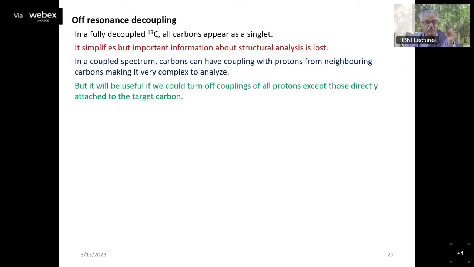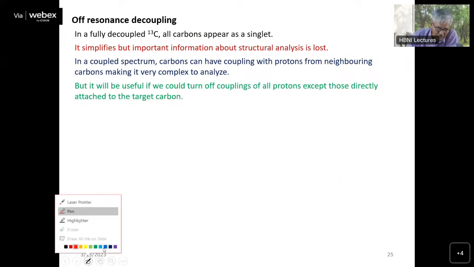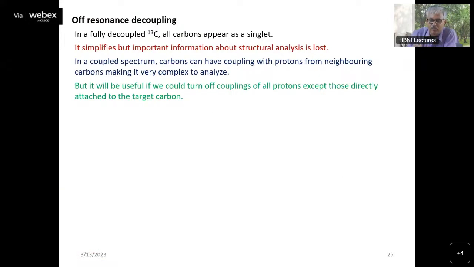So it simplified your spectrum, but due to this simplification, certain very important information for structural analysis is lost. Because we've seen that in the carbon coupled spectrum, carbons can have coupling with protons from neighboring carbons, making it very complex to analyze. If you do a well-resolved spectrum, you will see complex multiplets. But suppose we can turn off the coupling of all protons except those directly attached to carbon,